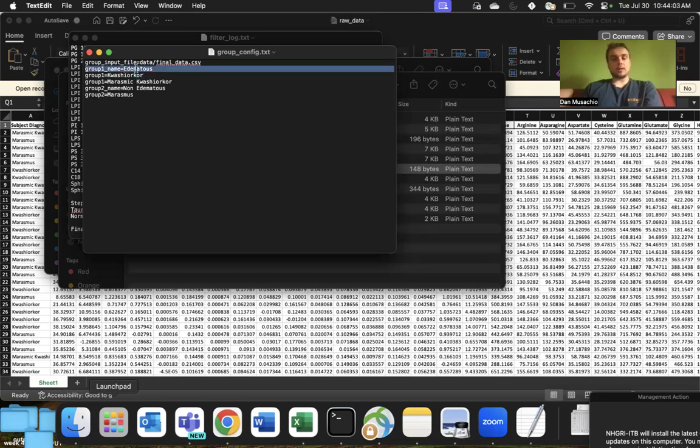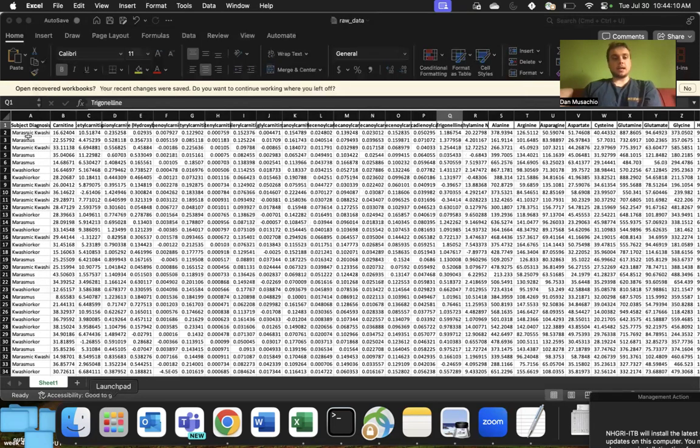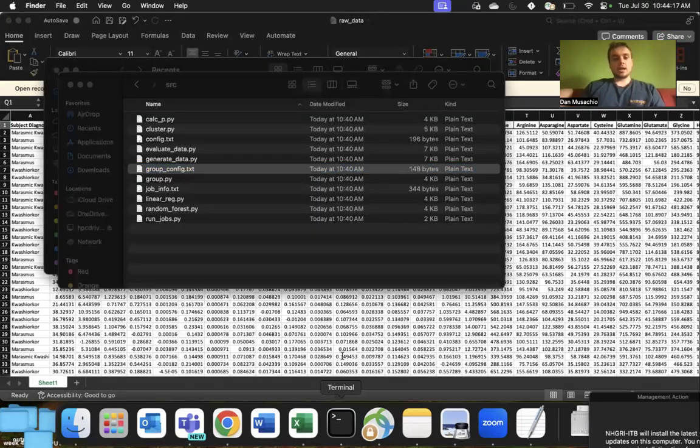So name this, then the two subject diagnoses here, and then group two this and this, and basically it'll make a new one where it replaces each one with one of the two group names, which is probably better for most of our tests. And then